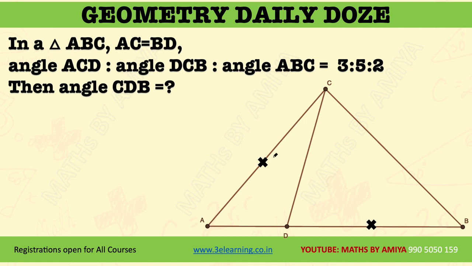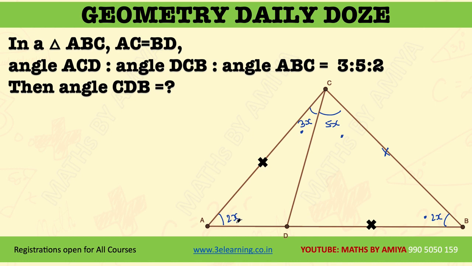Two equal lines, and angle ACD, angle DCB and ABC are in the given ratio. So if we have a ratio, we can write this one is 3x, this one is 5x, that is DCB, and ABC is nothing but 2x. Whenever we have the difference of these angles and these two lines are the same, this must be nothing but 2x. If we have AC equal to BC and equal to BD, then the difference of these two angles should come here. I'll give you the proof.